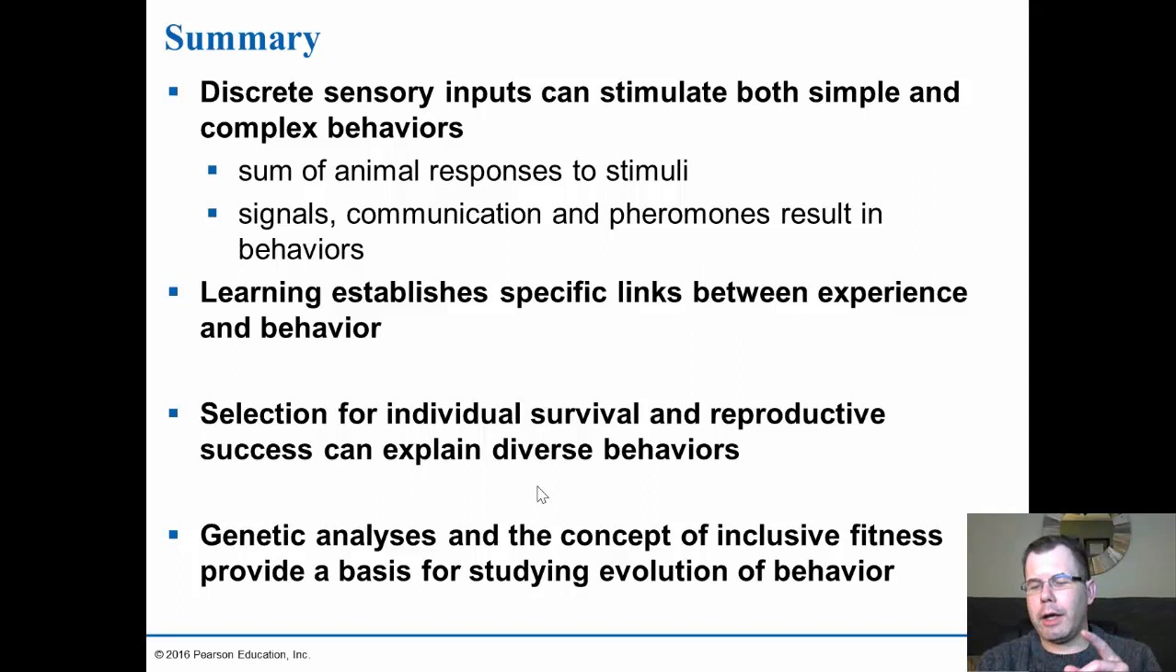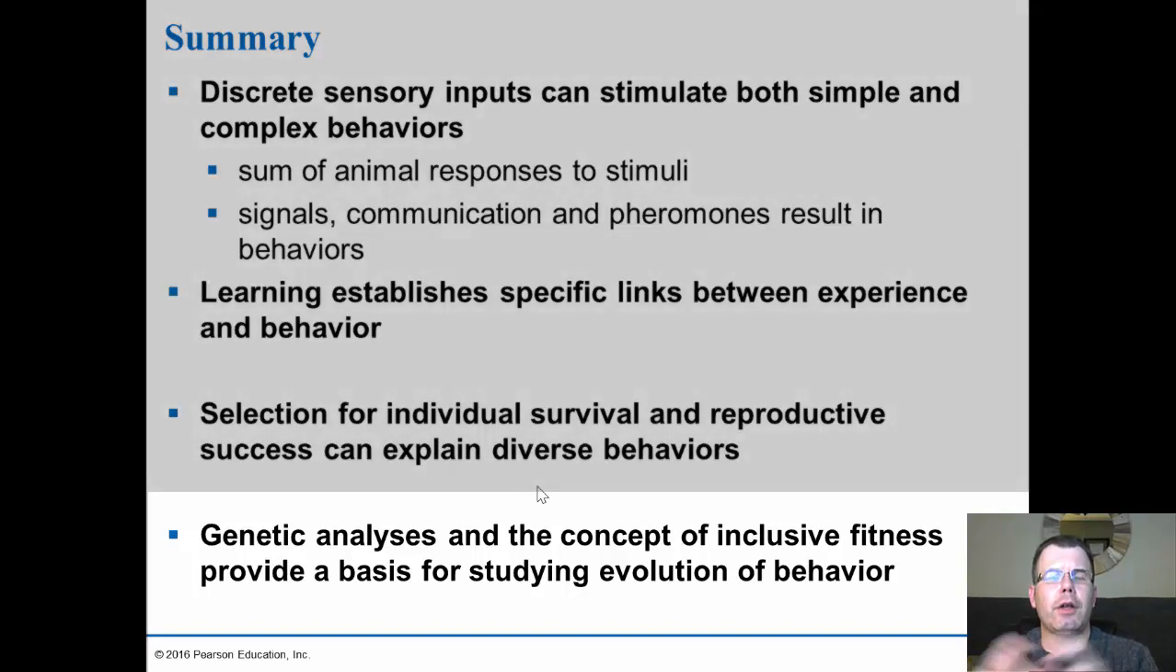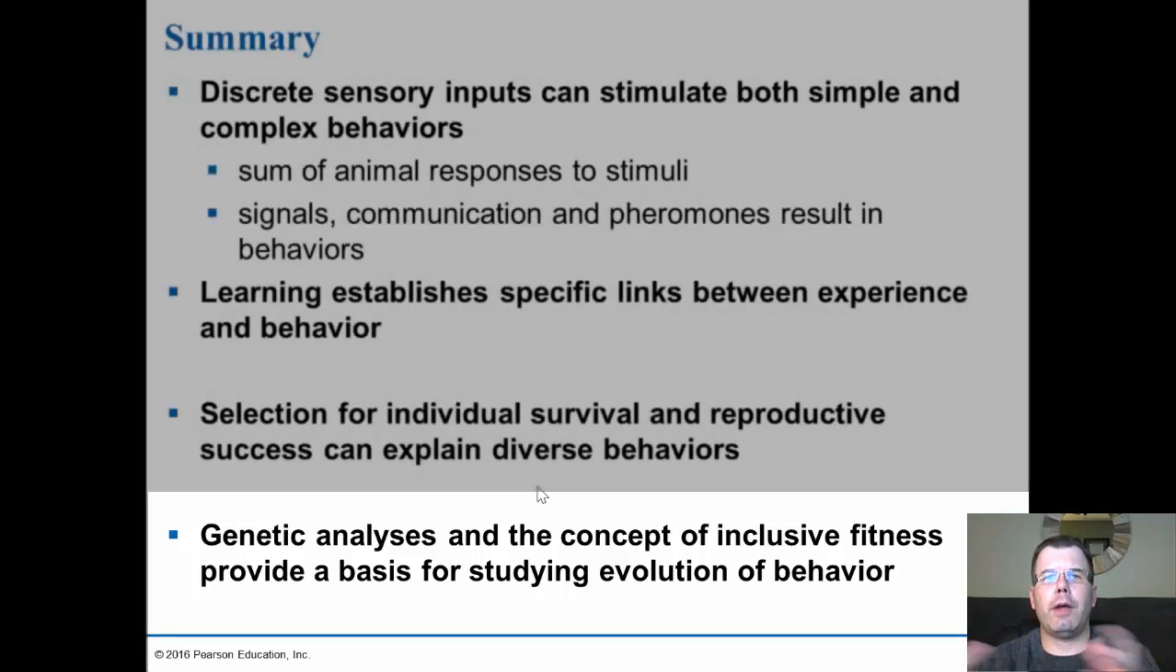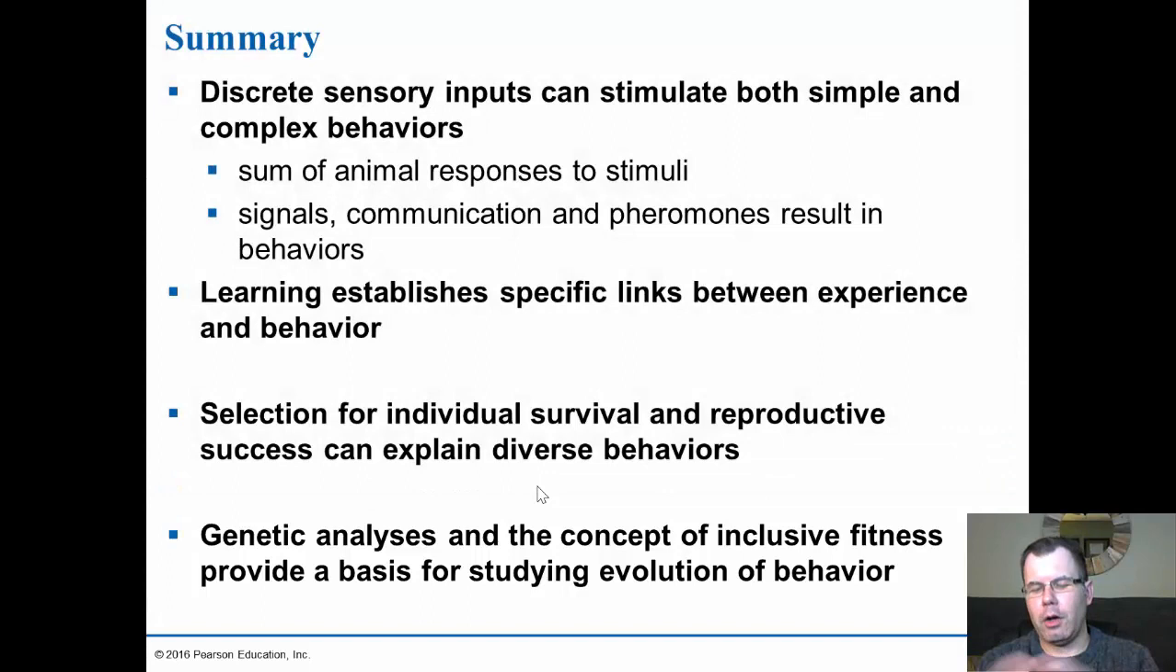And then the other type of thing that we looked at was intersexual versus intrasexual. And I think that's down in the genetic analysis when we looked at that. And so we talked about genetic analysis, and I'll talk about that here. Genetic analysis and the concept of inclusive fitness provide a basis for studying the evolution of behavior. So one, natural selection, obviously the good genes are going to win out. And we saw the difference between intersexual relationships